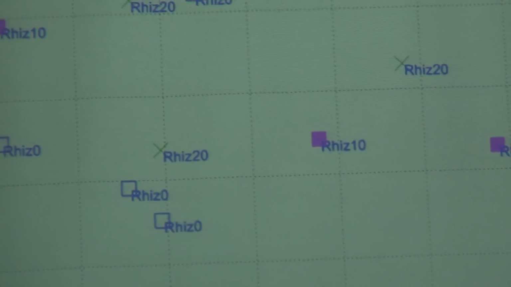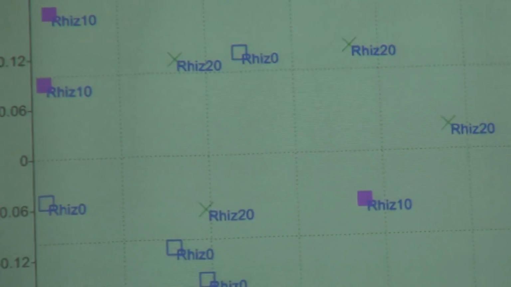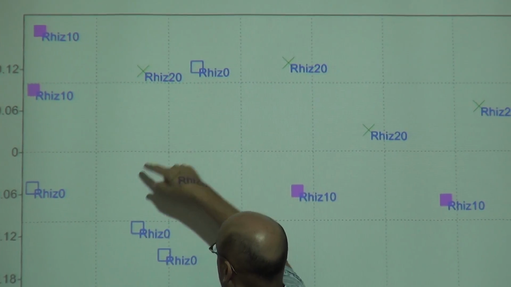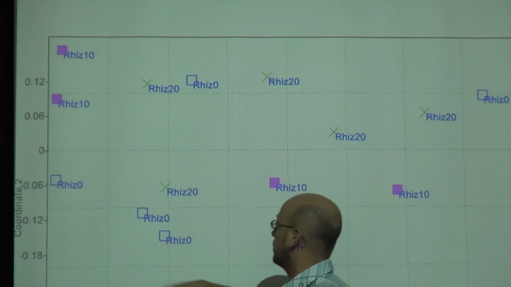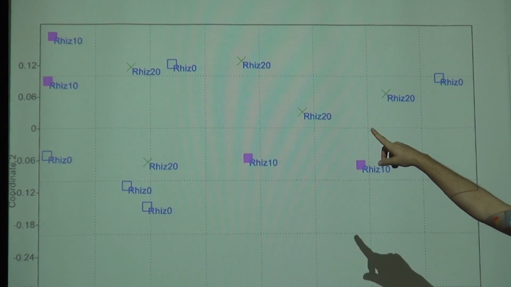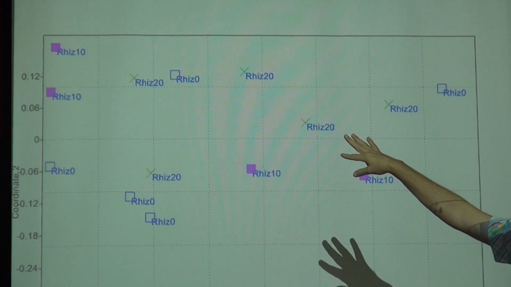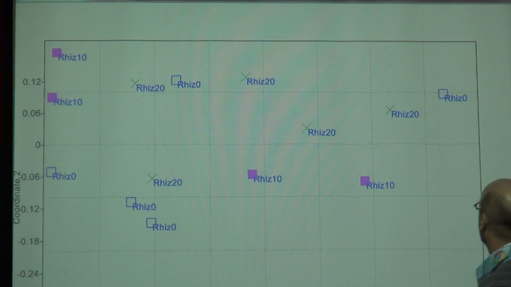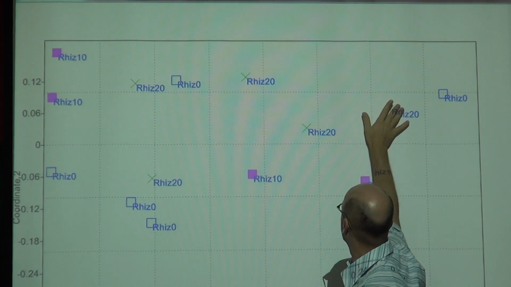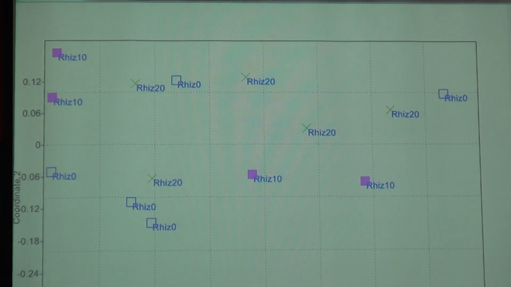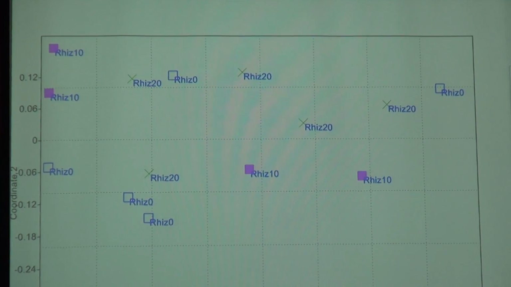Okay, that's better. So we have our zero, our control with no rhizobium here, our rhizobium with a little rhizobium, let's say 10 in pink, and our rhizobium 20 in green X's. So this is our experiment. Is it a success? Should we use rhizobium